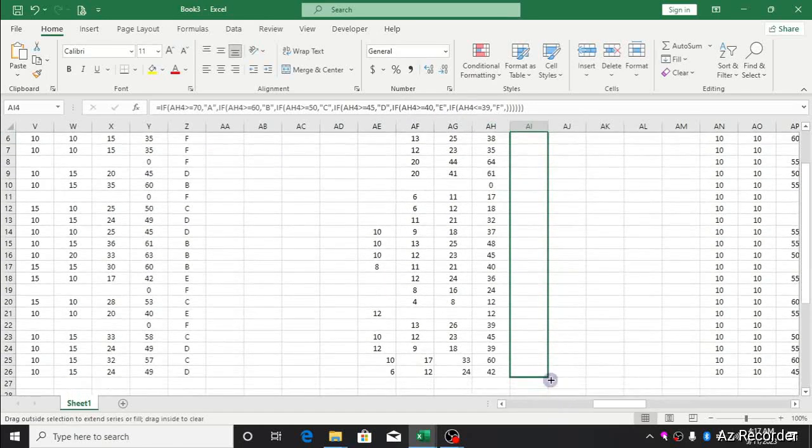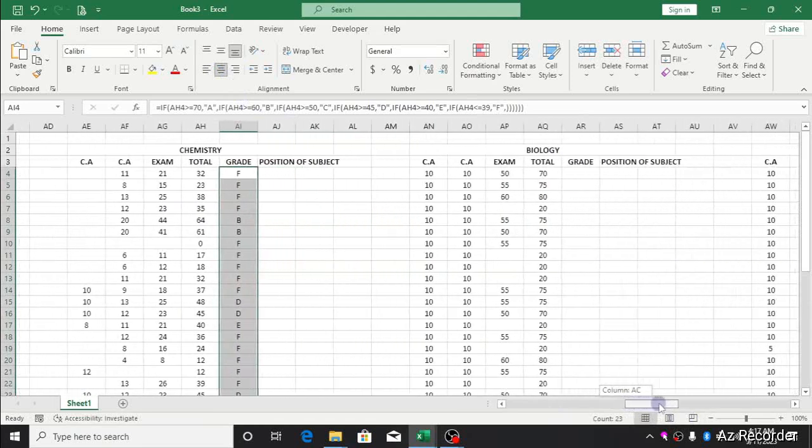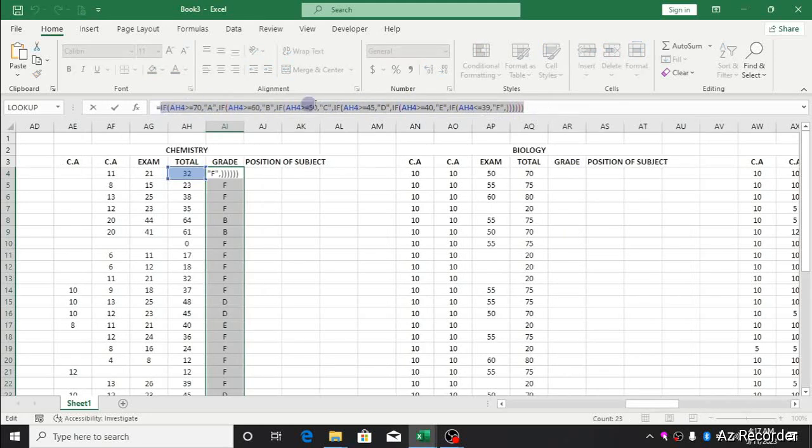Then you drag to this extreme end. Excel will do the rest for you. And if you look at it now, you see that the name is matching. So the next thing again, since you already copied, if you want to copy this one, you can still copy this one. How you copy it is that